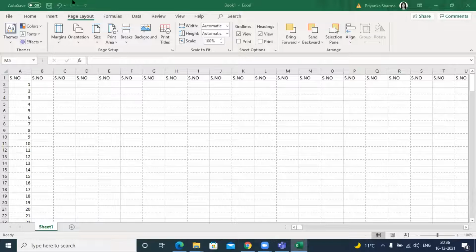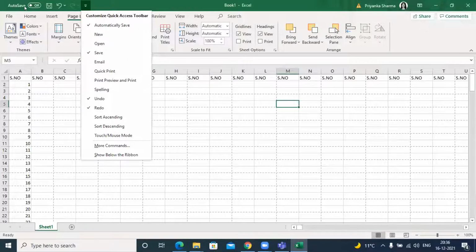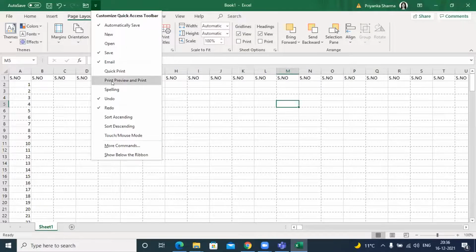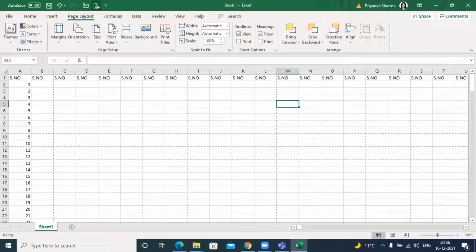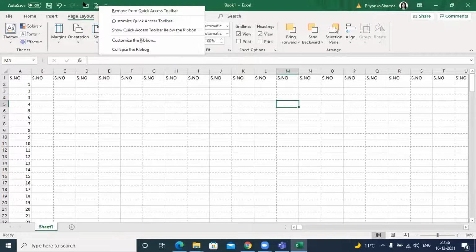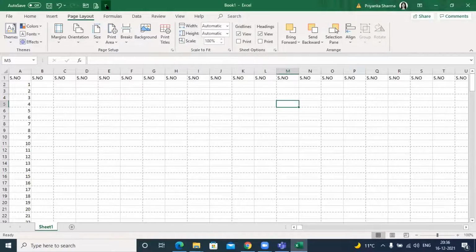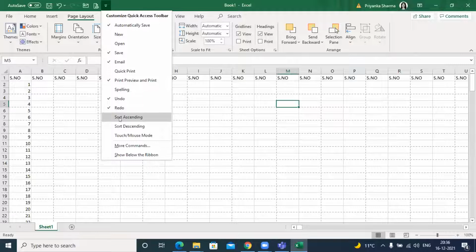On this top left, you can see there is a quick access toolbar, which can help you access some commands which you use a lot. In order to customize this toolbar, you can click on this option like this, and you can see there are some options like new, open, email, print view. As you click on these options, you can see they get added on the top, right? If you're not happy with them, you can also remove them by right clicking on these options. And you can try the same thing with MS Word and PowerPoint also.